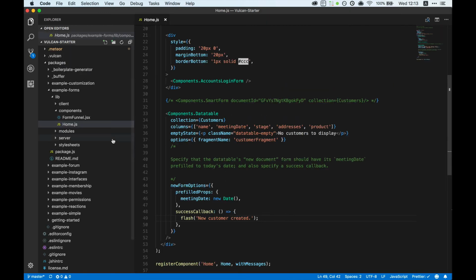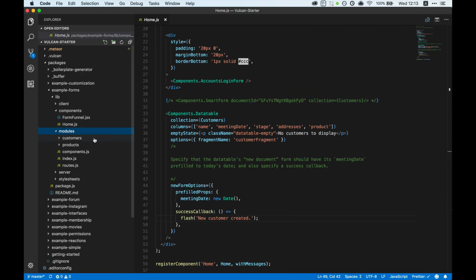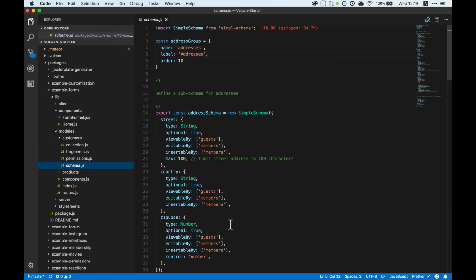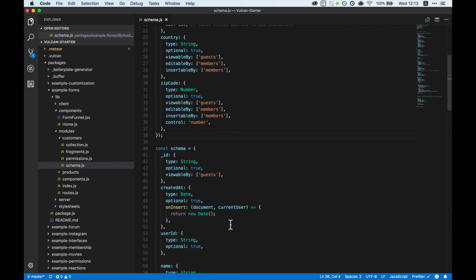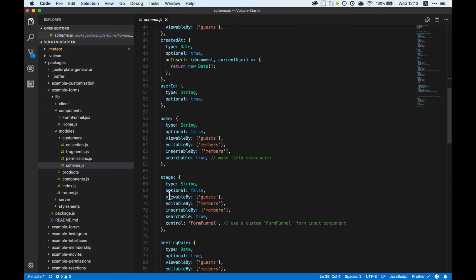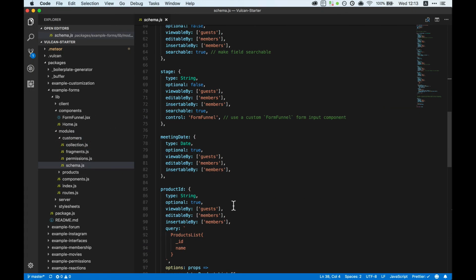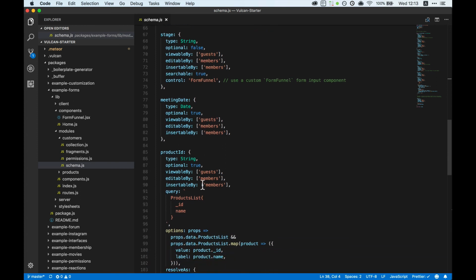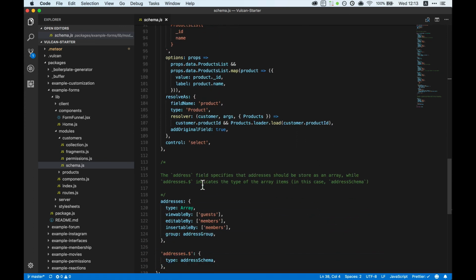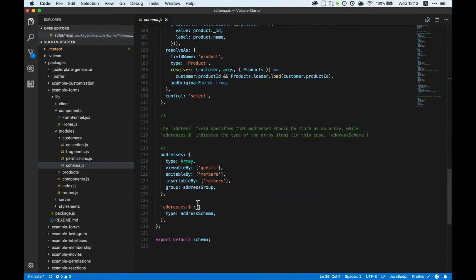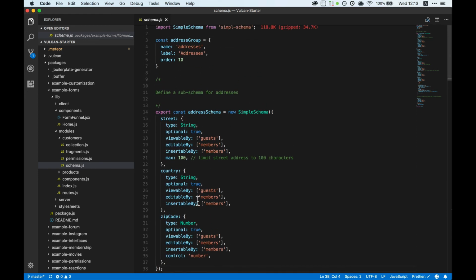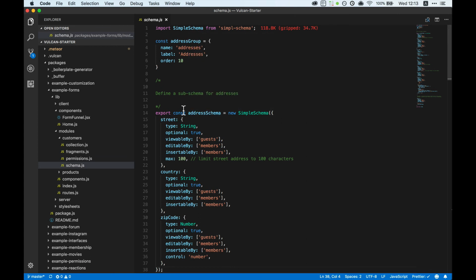So let's go back to our code and look at our schema here. In this case, we are building a simple CRM type app where you have customers, and they have a name. Stage is their conversion stage from lead to prospect to customer. Meeting date, what date you're meeting them at. Product ID, what product they're interested in, and then addresses for their addresses. So far, so good. As you can see, there's lots of different properties here, and let's go quickly through